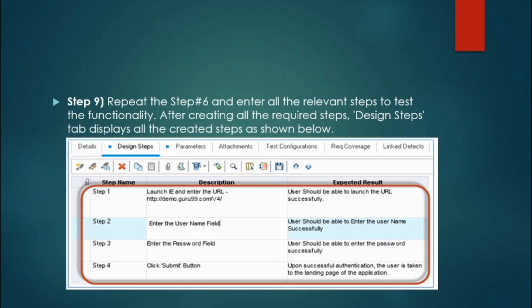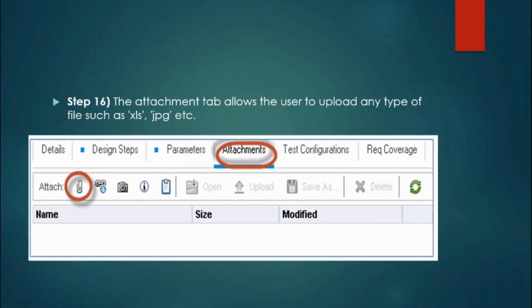Now you have to click this new step icon again and again to add all the steps. Once all the steps are added, it will look something like this. Now, if you want to add some attachments, you just have to click on the attachment tab and hit this attach button.